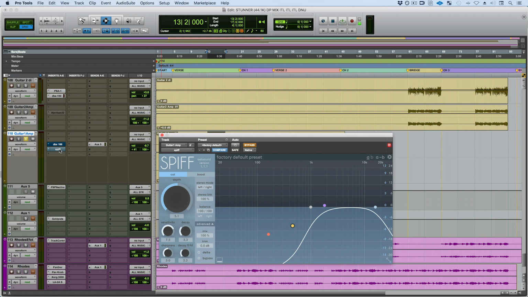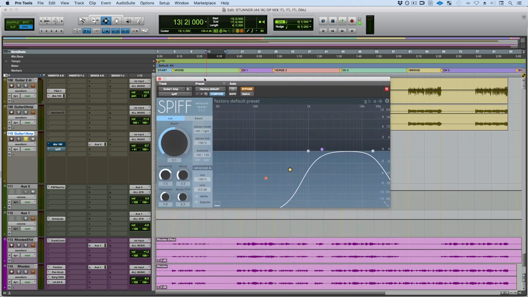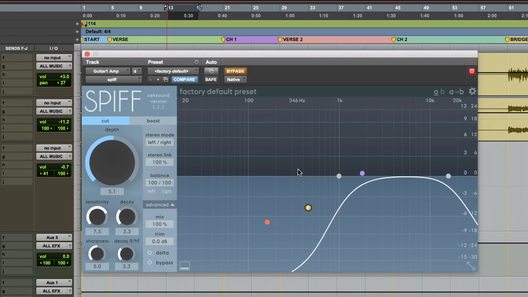This is a new plugin from the guys over at Oak Sound. It's called Spiff. They dropped by the other day and we just had a blast. Now, you're familiar with Soothe. If you're not familiar with Soothe, go buy it. I use it on a lot of stuff. It's really good. But this is a new take on